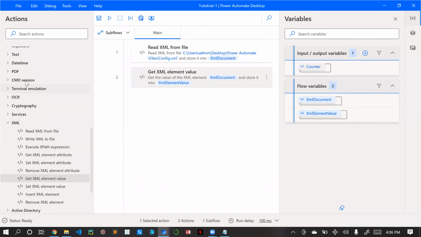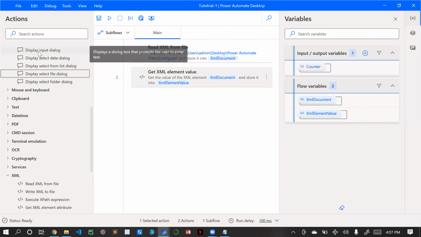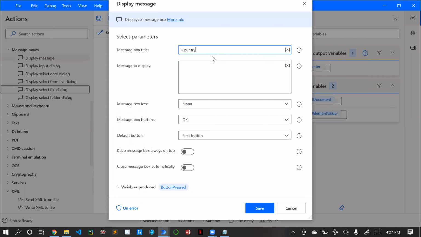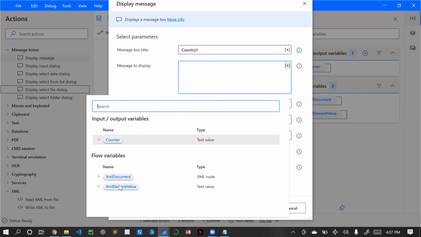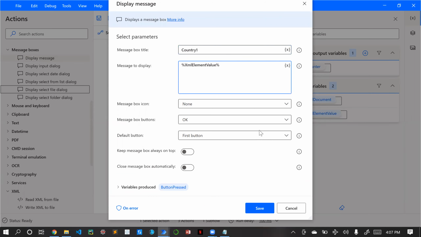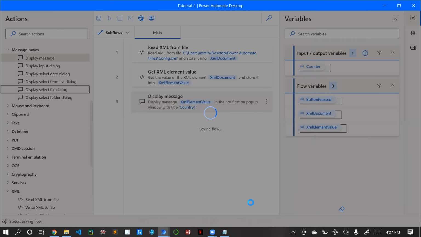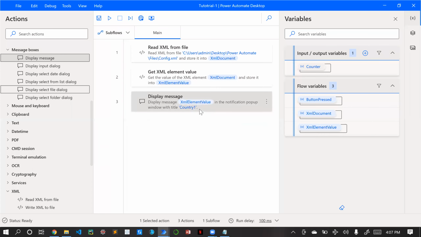I will save this and populate a message box. I will put country one value and the variable which is existing, XML element value. So let's save this and let's trigger this.